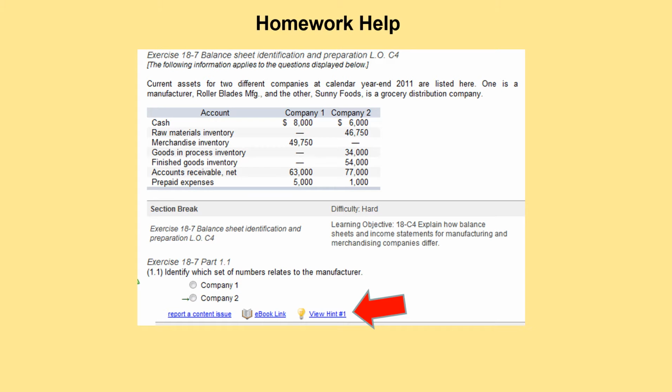You can also get homework help. Every problem that I have, at the very bottom of the problem, here's one example, you can click on View Hint or View Hints, and it will be a McGraw-Hill scripted, little more general kind of help video, a flash video that concerns the problem that we're on at the time. So you've got two choices. You can either watch my little videos, which are right before each homework problem, or you can watch these little view hints, which are inside each of the McGraw-Hill Connect problems.